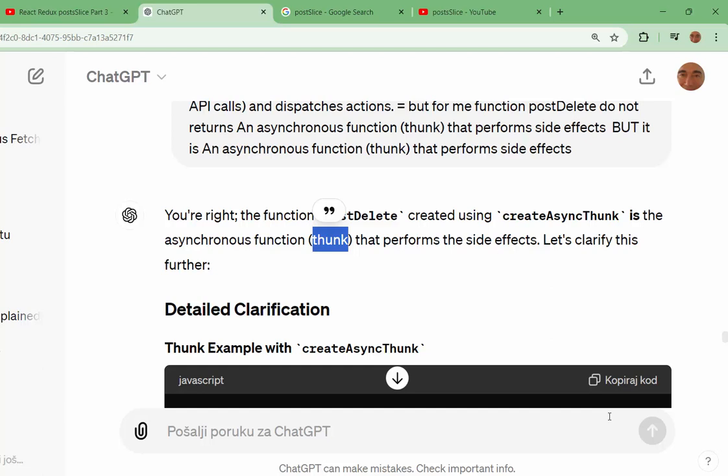It is now very clear why we must think about extraReducers as something special, like it is an action creator.